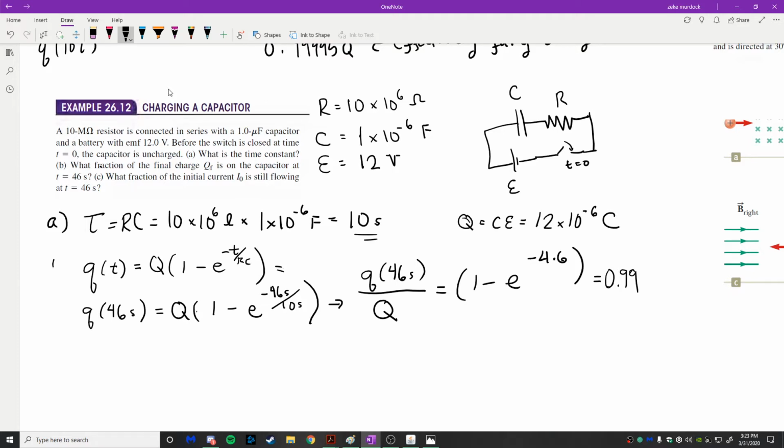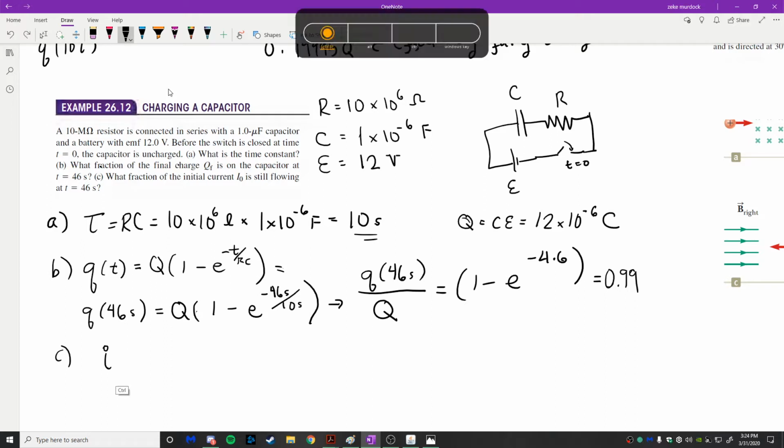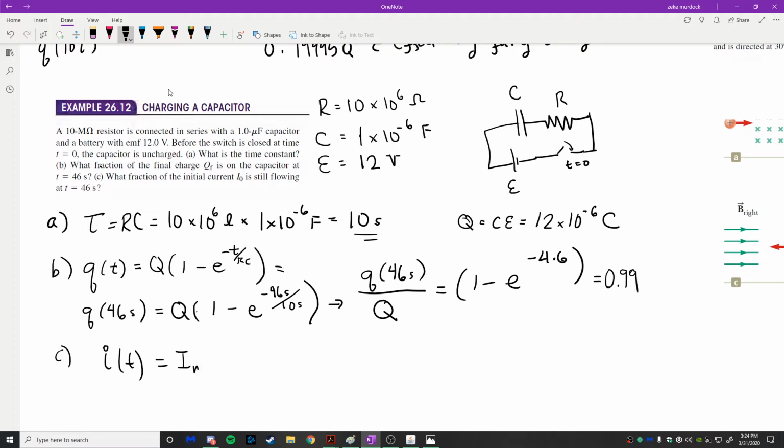Okay, that's part B. Part C, what fraction of the initial current, I naught, is still flowing in the circuit at t equal to 46 seconds? So this is where we need to use our current equation. Our current equation is that I, as a function of time, is equal to the maximum current multiplied by e to the negative t over RC. So this will lead to I at 46 seconds divided by I max